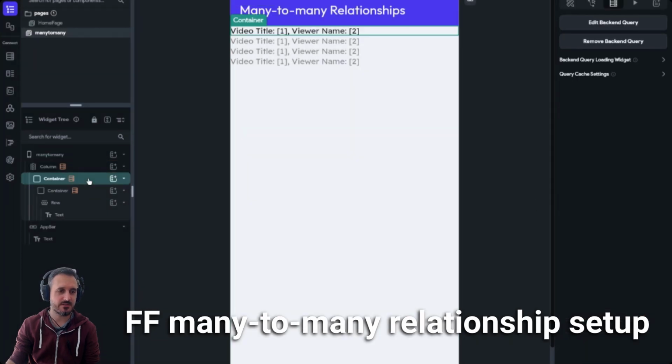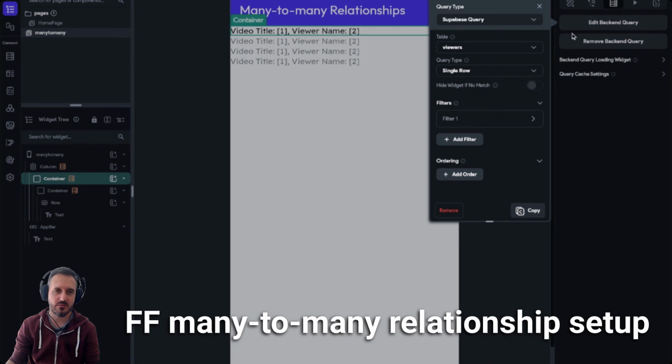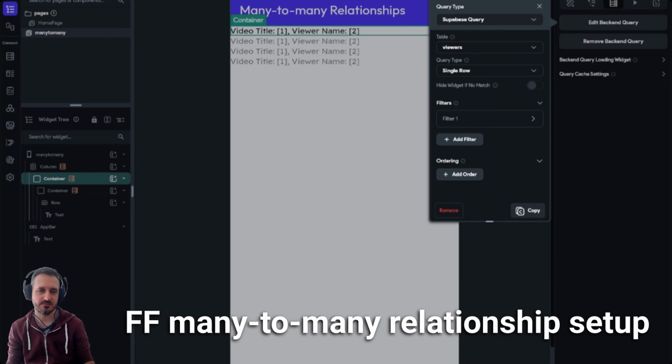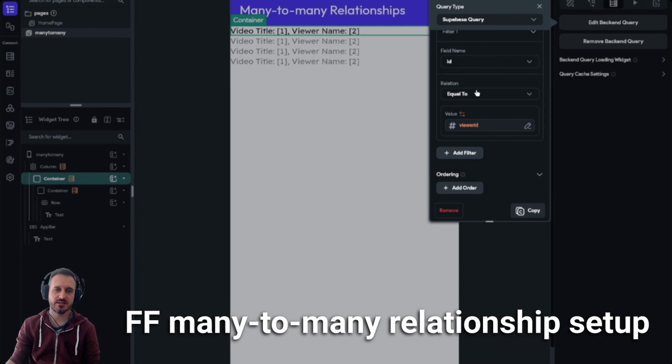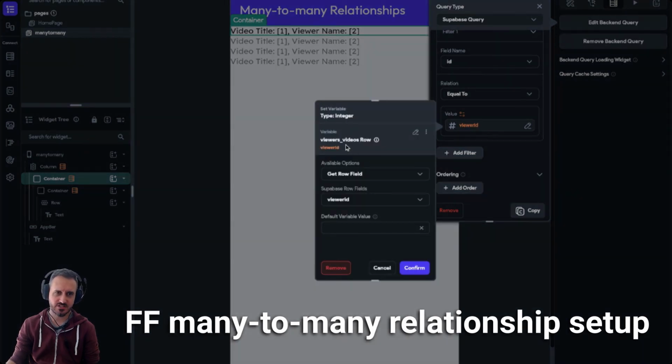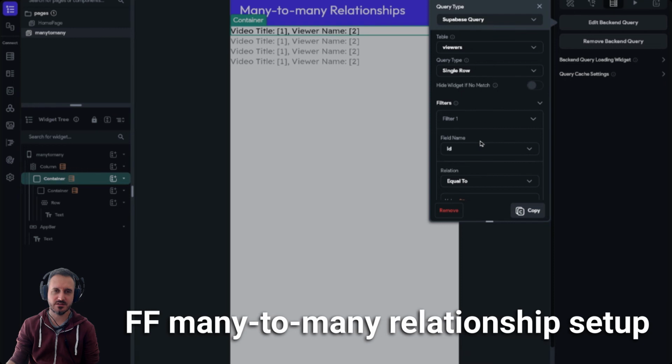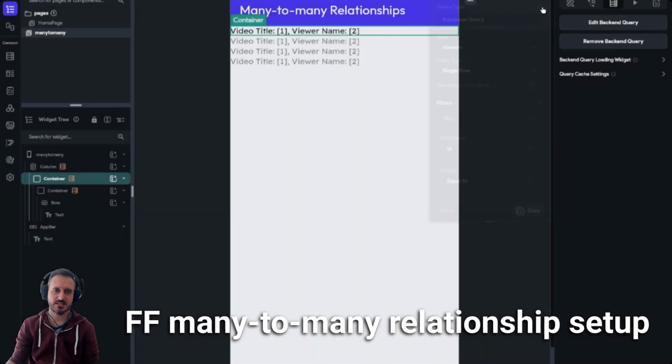Okay, so after that, here I'm querying the viewers, and I'm querying only a single row because I'm querying inside the results of the many-to-many relationship table. The filter will be the ID equal to, and this will come from the column, get the row field, and this will be the viewer ID. If the viewer ID is the same, then get me this viewer row. And this is for the viewers, and it's the same actually for